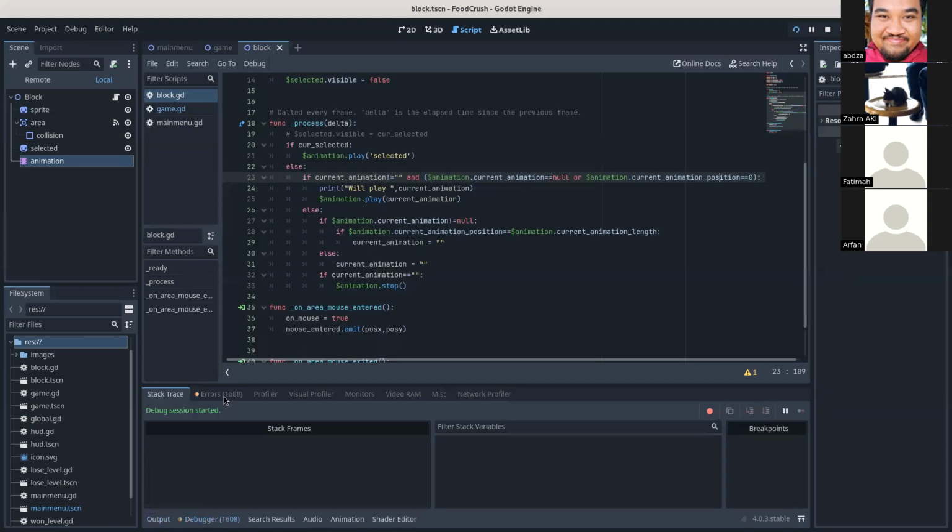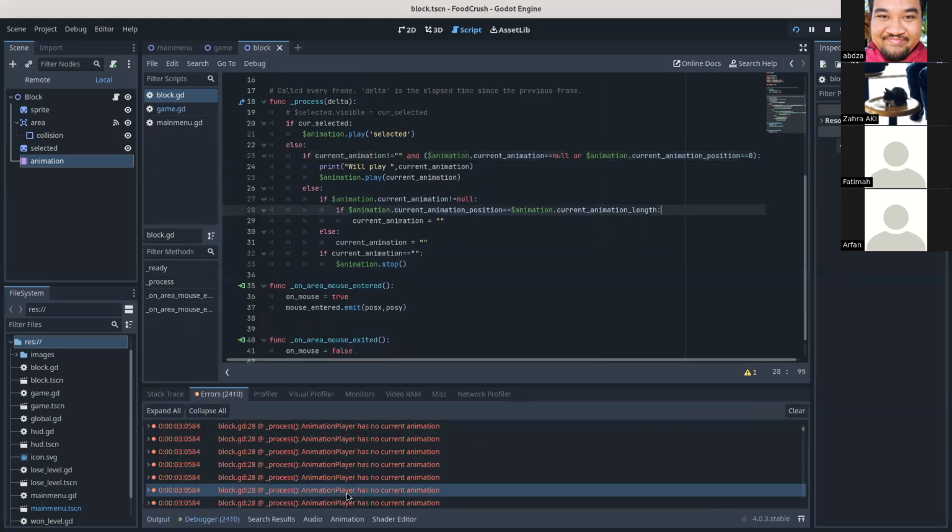Our state error. Animation has no current animation. Current animation has no current animation. But when we check over here,